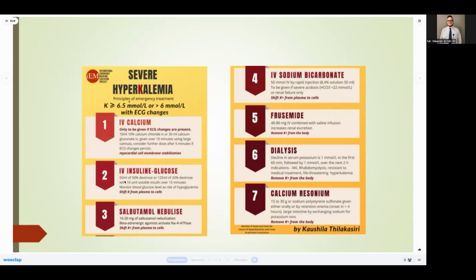But what I've usually seen a lot of in emergency situations is actually number two, the insulin glucose combination. Here's kind of the nuts to know, maybe nice to know. This is a little bit nuts to know, but I'll give you an explanation of why insulin works to treat hyperkalemia. Insulin is a hormone that goes to all your cells and tells them to take in glucose. When you give it to someone with hyperkalemia, it's going to go to all the cells. The cells all pretty much have receptors for insulin. And when that insulin binds those receptors on the cell,